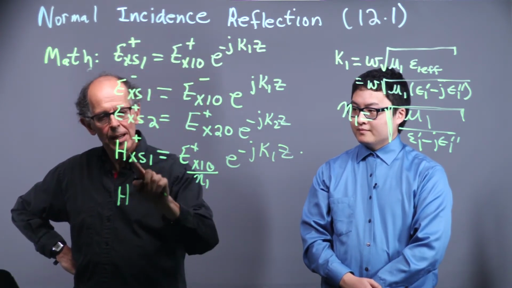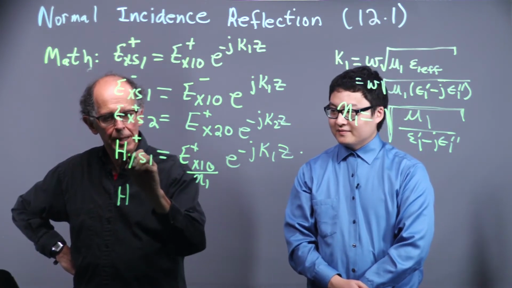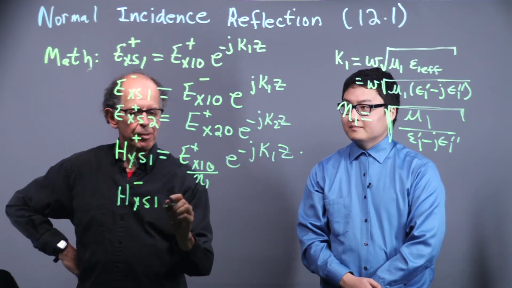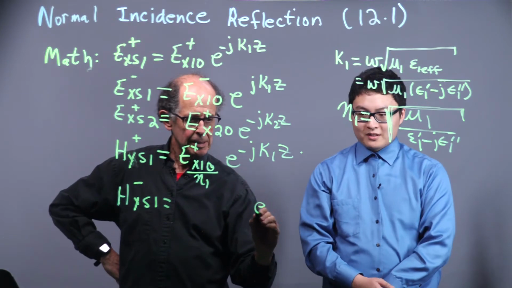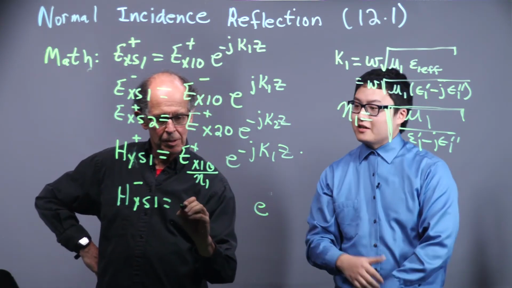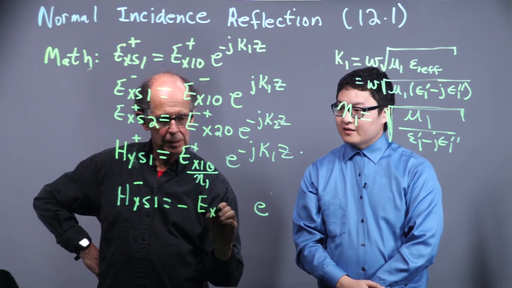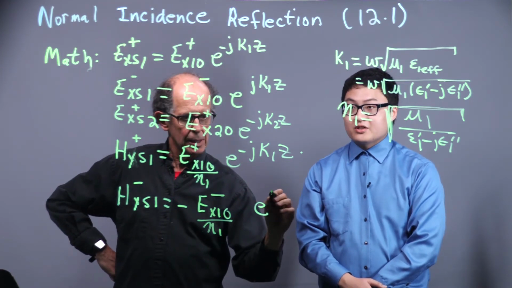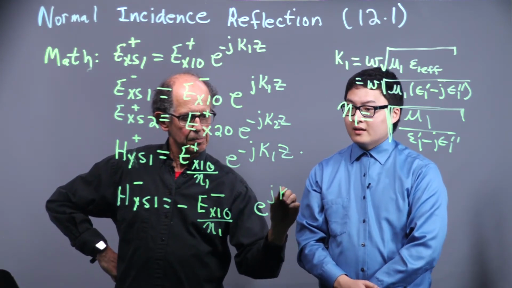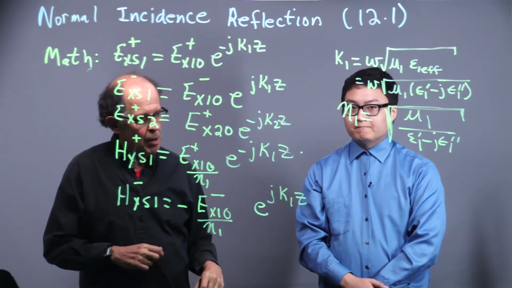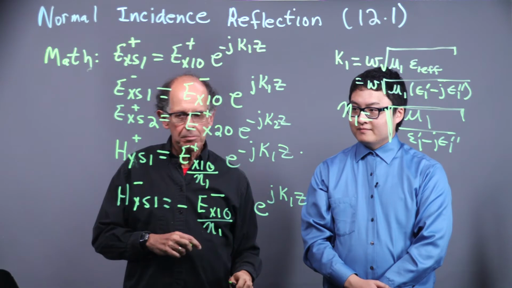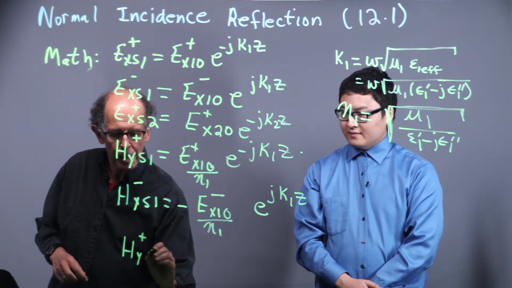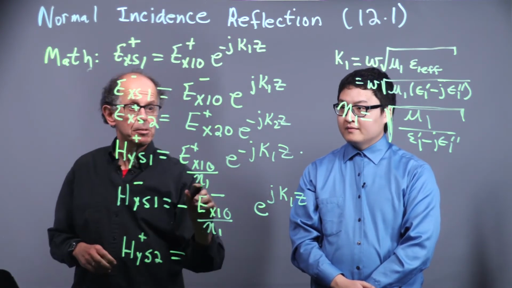H, and that's not x, that's y. It's in the y direction. H_y^s1 minus. That's a reflected one. What's that equal to? Well, we just said it's going to be a reversed sign, so negative of E_x1,0 minus divided by eta 1 times e to the plus j k1 z. We're almost running out of space, but we'll manage. So the last one is H_y^s2 plus, which is equal to